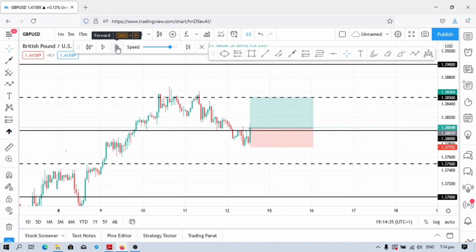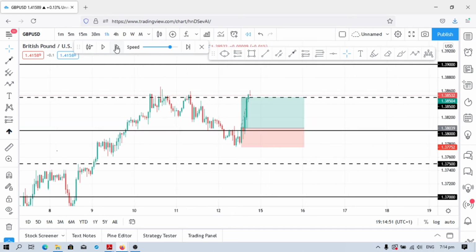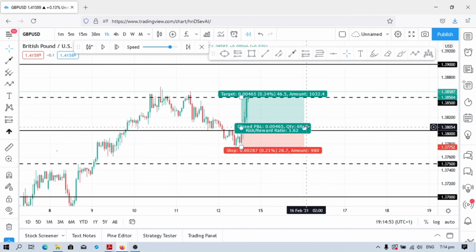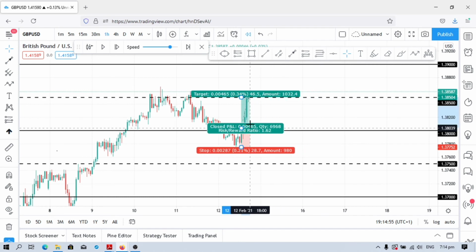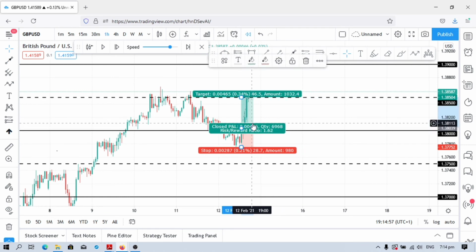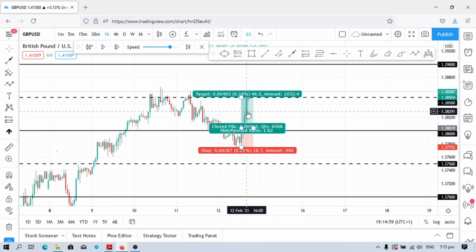So you need to know how price reacts to this psychological level, and you have to be very patient and not rush into entering a trade. You need to know which direction the trade is heading before you enter into the trade. So I know that the direction of the trade is bullish, and so all my trades will be bullish at this point. So take profit hit quite fast. That's 46.5 pips